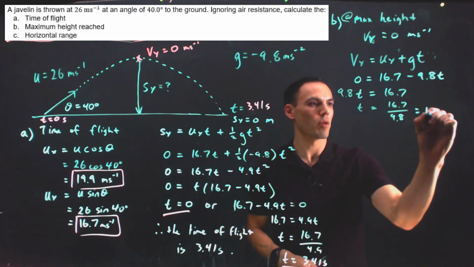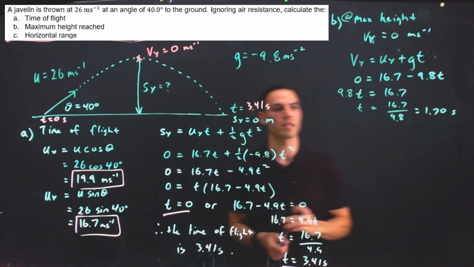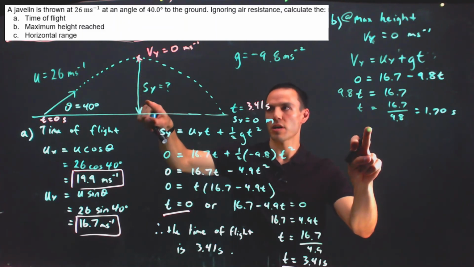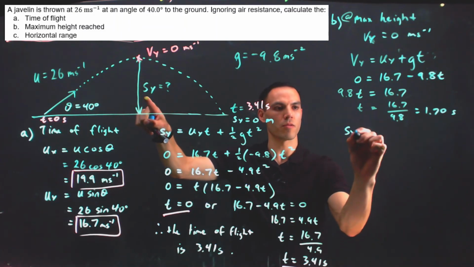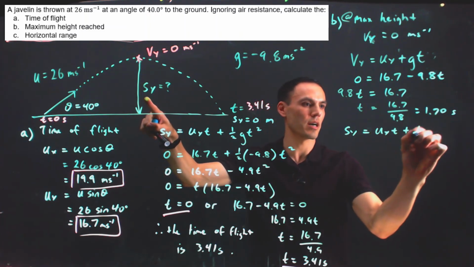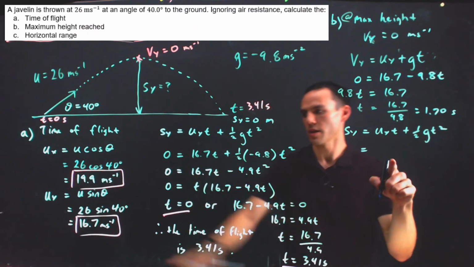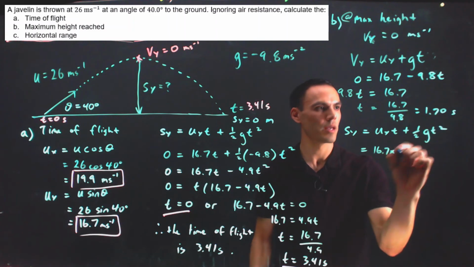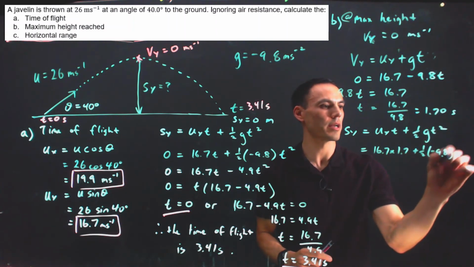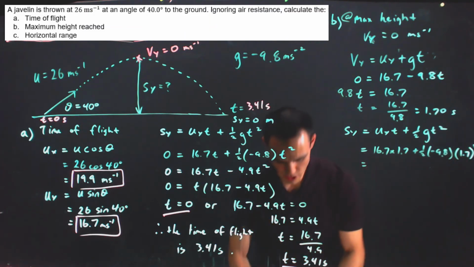So that's about 1.70 seconds if we round that roughly to 2 decimal places. Okay, so that's the time at which this occurs, but we need to finish off the question. So Sy equals Uyt plus half gt squared. We're going to sub in everything now. 16.7 times 1.7 plus half times negative 9.8 times 1.7 squared. Using a calculator,